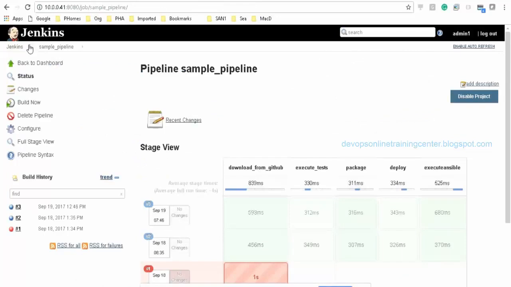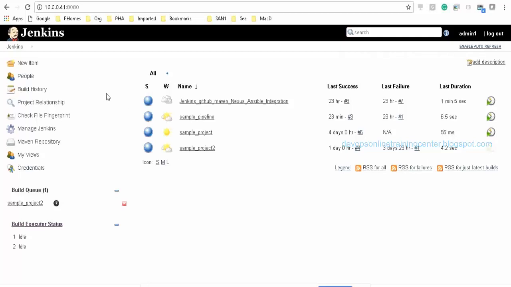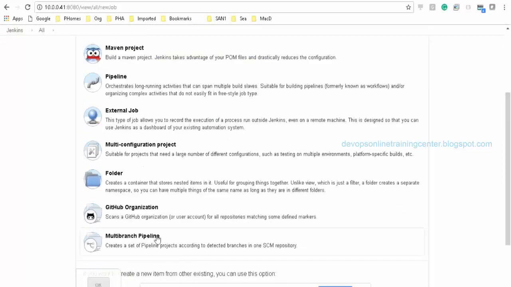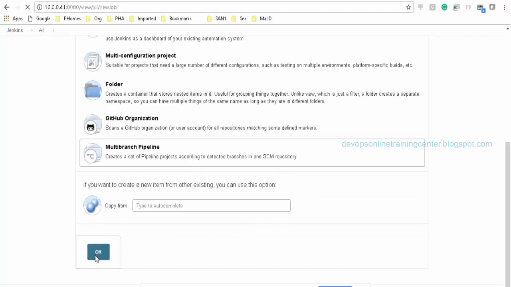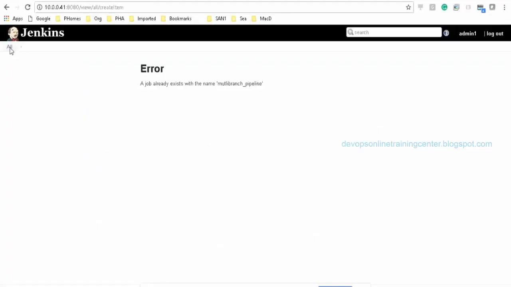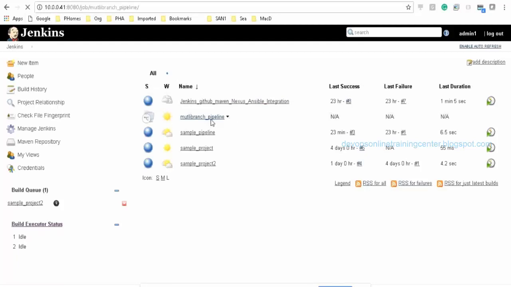We need to create a new job. Multi-branch pipeline.